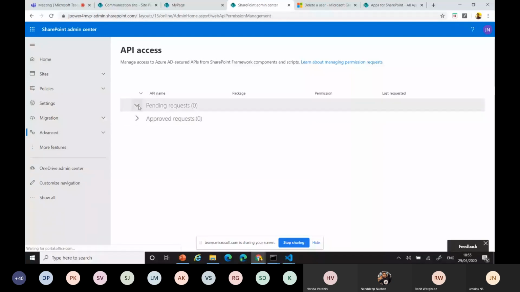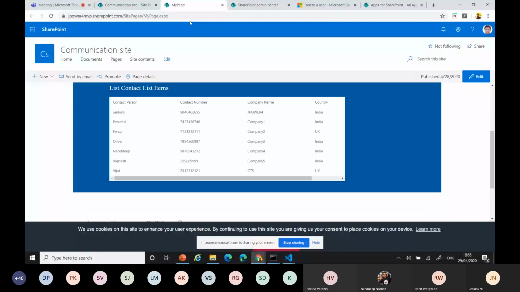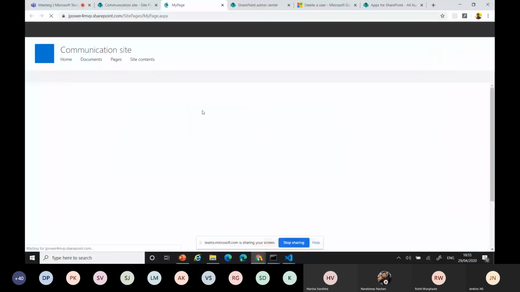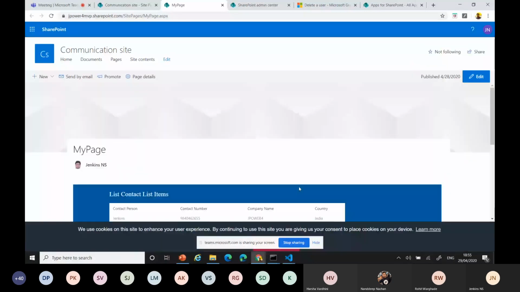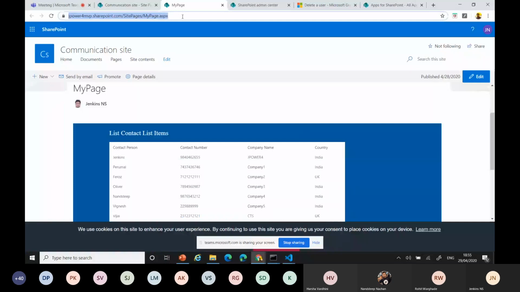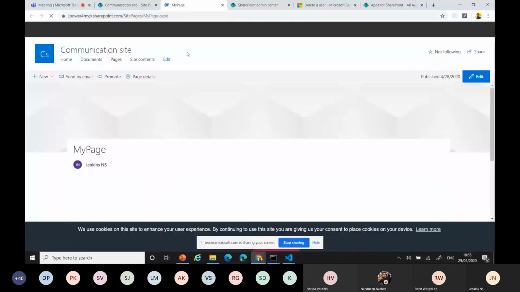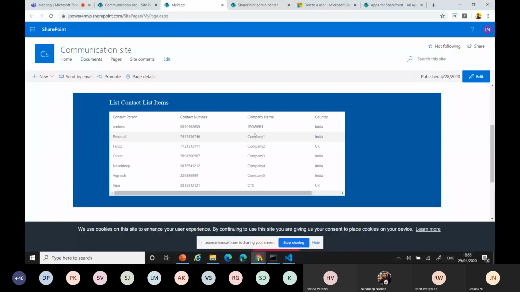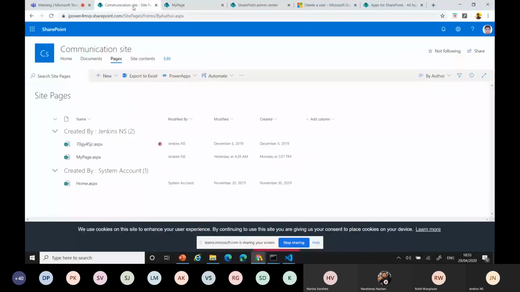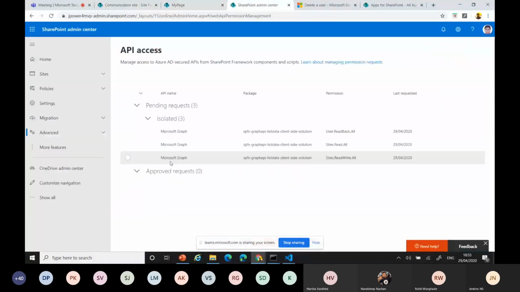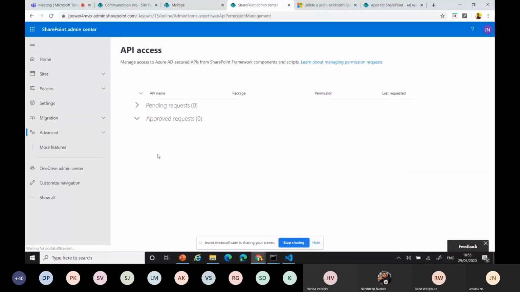After removing the permission, you can access the page, but it won't take the values. Once again, it's not applied immediately. But it's taking the page. Yeah, now it comes under the pending part, right? Still the management has not granted permission. You can see it in the pending requests because I've already removed it from the approved permissions.